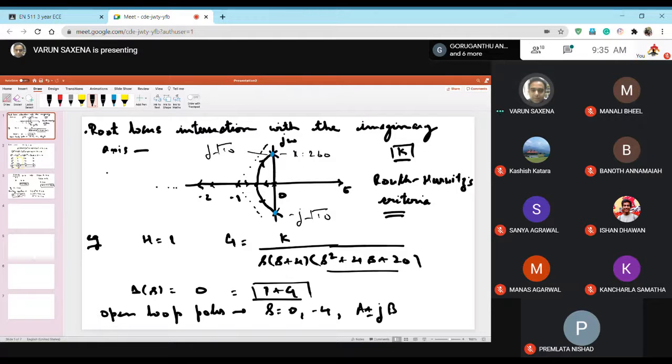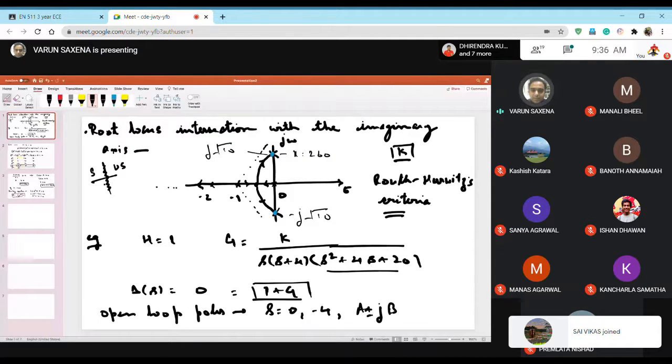Now we know that on the left hand side of the S plane you have stable. On the right hand side of the S plane you have unstable, and on the j omega axis you could say that you're marginally stable or marginally unstable. That means you're just at the verge of losing stability and just at the verge of attaining instability. So that is what it is.